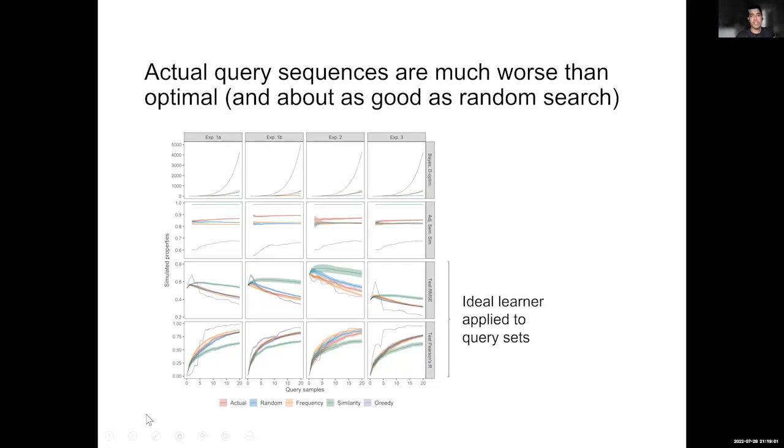A few things that we can see here. Firstly, obviously a de-optimality greedy strategy generates query sets that are high in de-optimality. And if you can see this little green line here, a similarity-driven search strategy just does not generate good search sets. What we observe with human search strategies, that's the red line, is that it's about as good as random when it comes to the de-optimality of the search set. So this red line is right next to the blue line over here. And that pattern also plays out not only when we measure the de-optimality of the search set, but also when we take that Bayesian ideal learner and apply it to the search set.